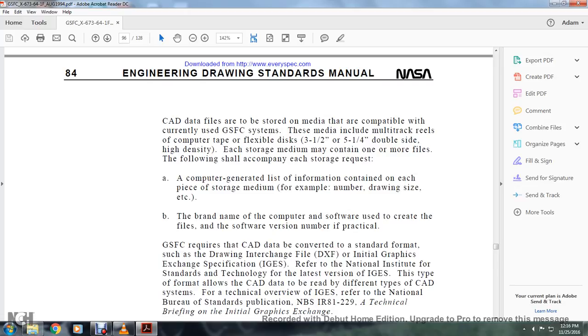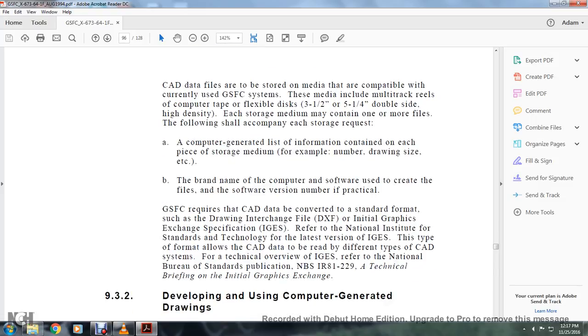Computer-aided data management: data files are stored with the media compatible with the current GSFC system. The media include the multiple track reels on the computer tape with the flexible disk, 3.5 or 5.25 double-sided high density. Each of the stored medium may contain one or more files following the shall accompany each of the storage requests. A computer-generated list of information containing each of the pieces of the storage medium, for example, the number, size, and drawing size of the brand name of the computer software used to create the files and software revision number. If practical,